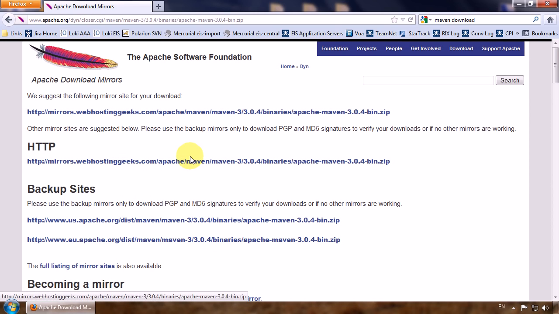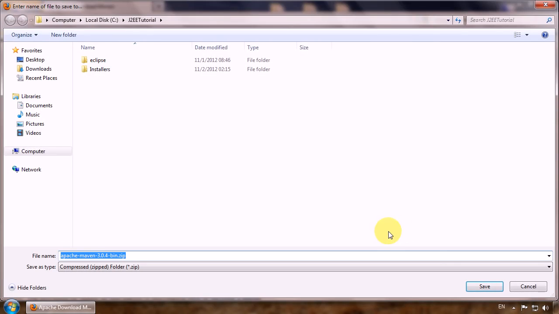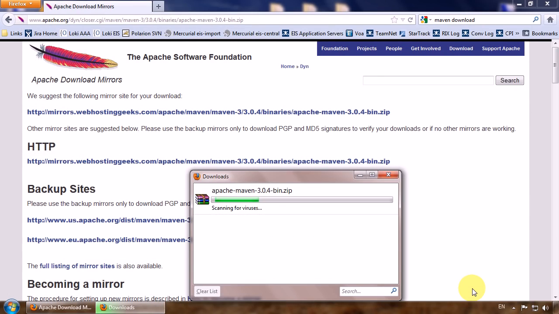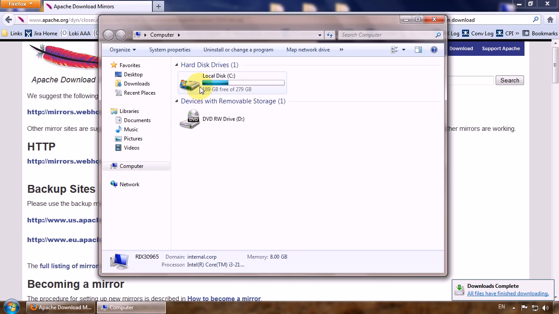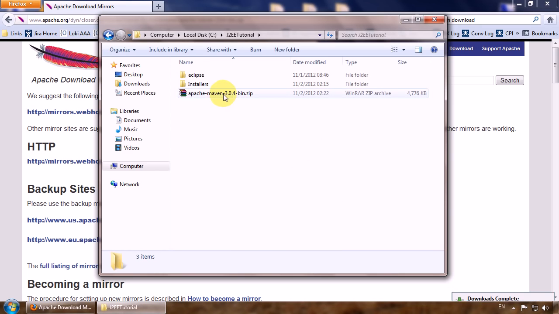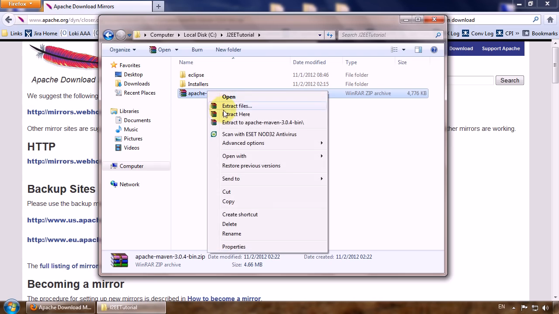Click the link, pick the mirror, let's go to the folder, just a simple extraction,